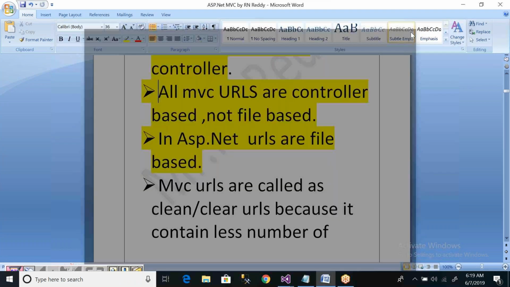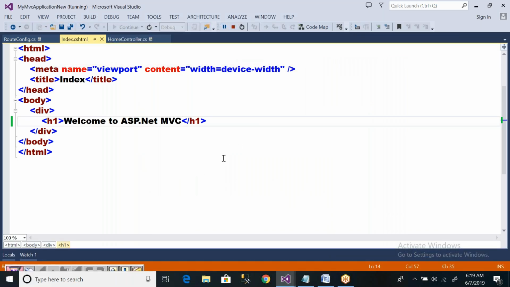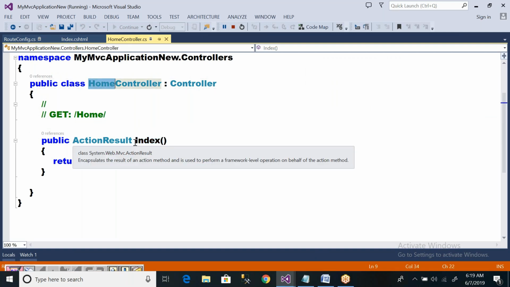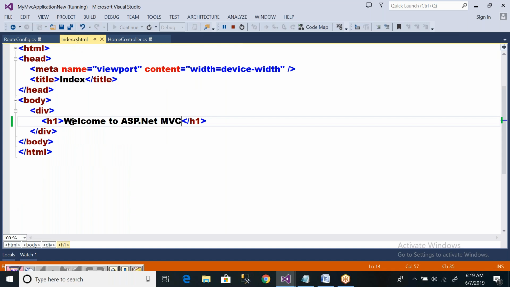Sir, how is this application getting executed? We can also discuss that for an MVC application. The request will come to your controller. What is the name of the controller? Home. And Home invokes a method called Index. The Index method forwards the request to a view. That view is Index.cshtml. That's why the index.cshtml view is displayed in the browser.